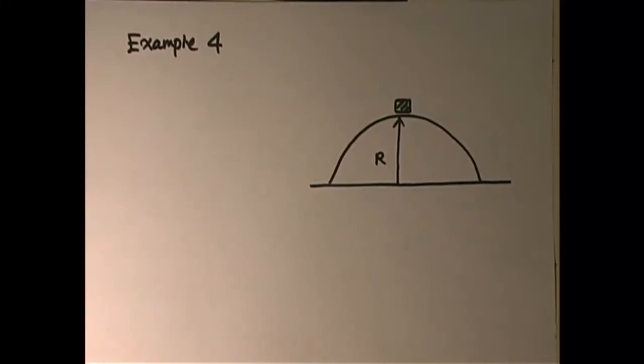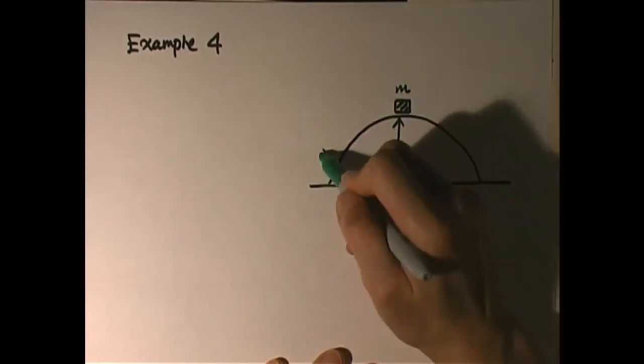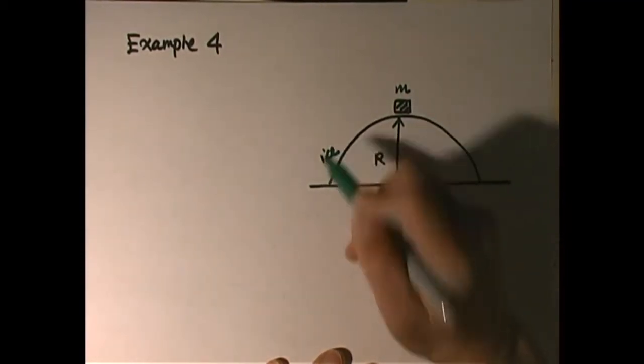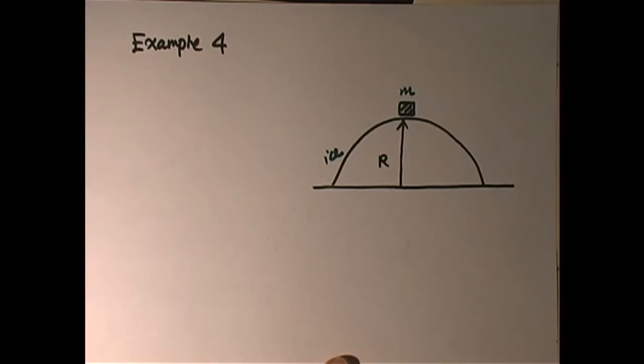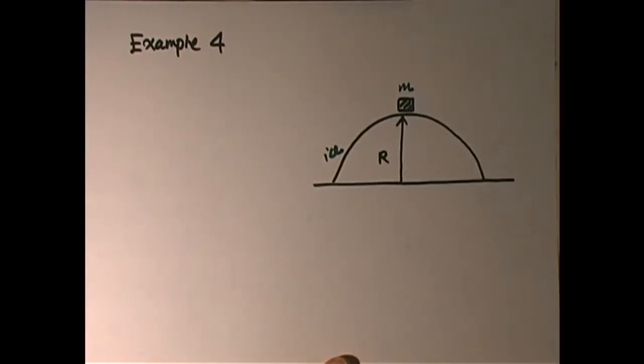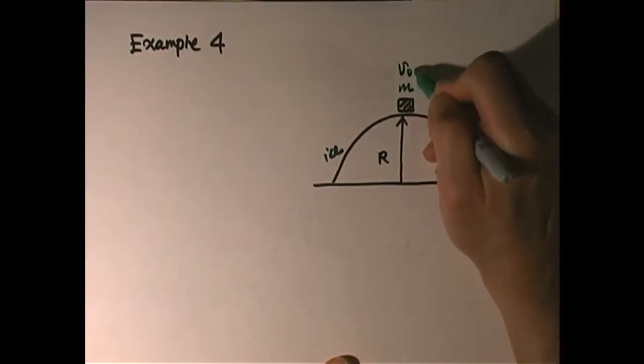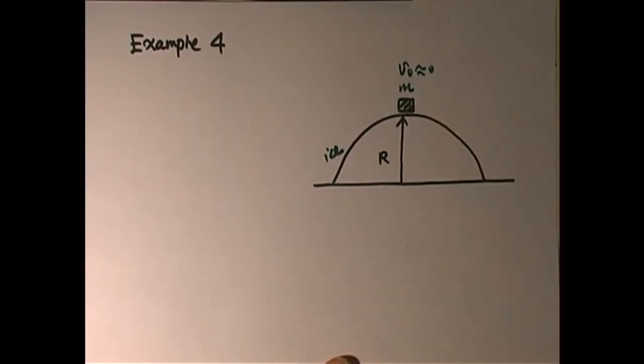Okay, let's look at another example, example 4. Let's say this is a block of mass M sitting on the ice dome, which is in the shape of a half sphere, and it has a radius of r. The question is, if we give a little push, but still we say the initial velocity is near 0, then obviously